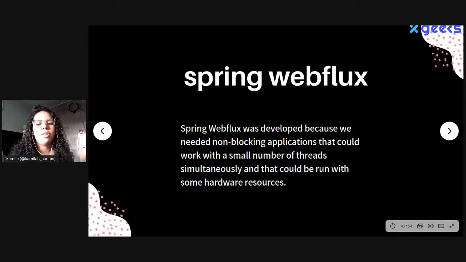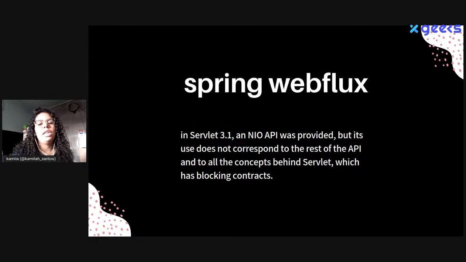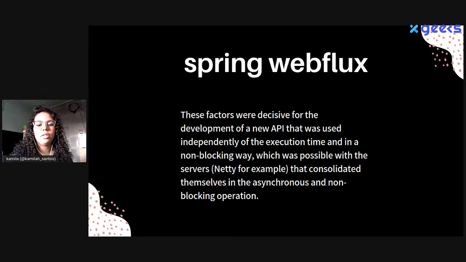Spring WebFlux was developed because we needed non-blocking applications that could work with a small number of threads simultaneously and could run with few hardware resources. In Servlet 3.1, an NIO API was provided, but its use doesn't correspond to the rest of the Servlet API and to all the concepts behind Servlet, which has blocking contracts.